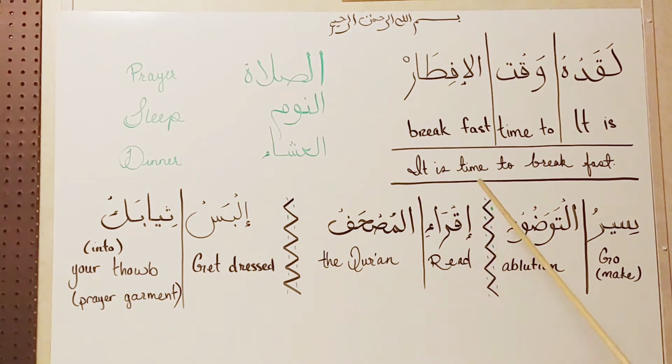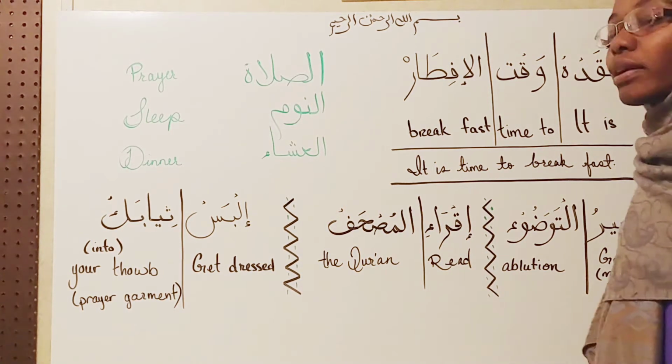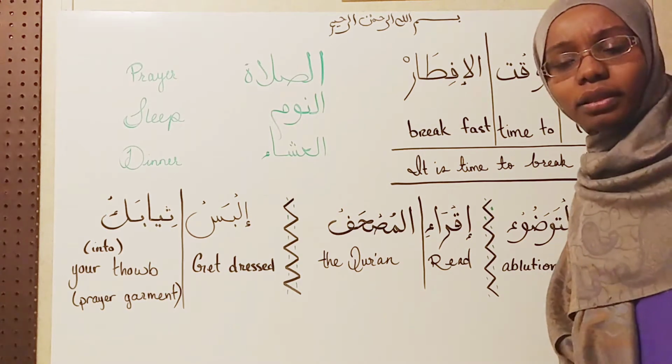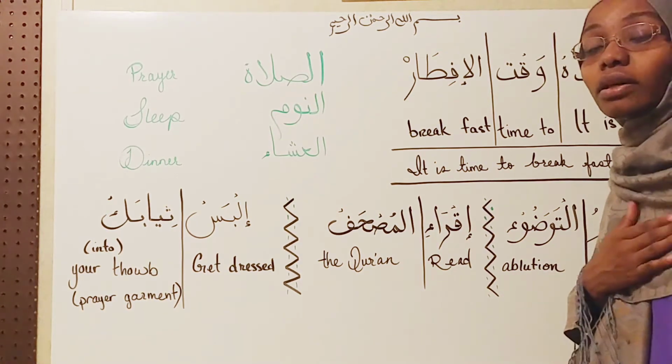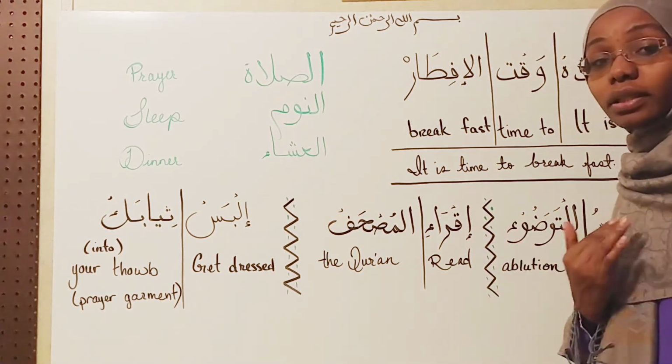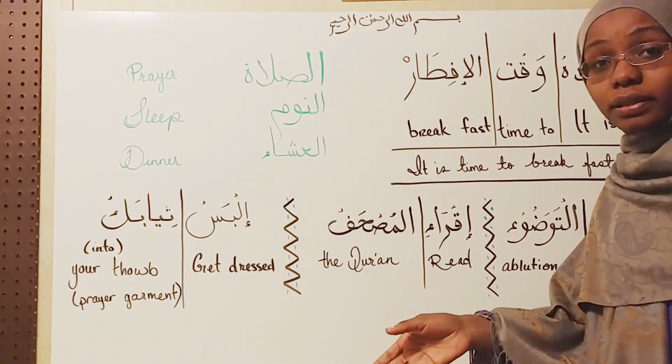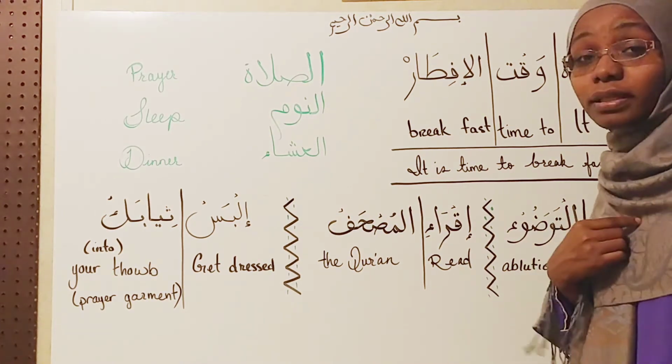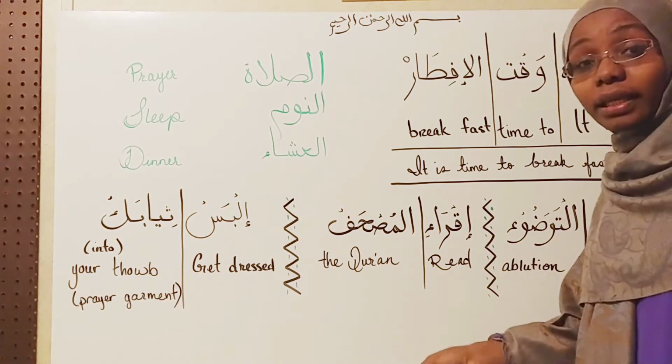Iqra al-Mus'haf. Iqra'i means read. Iqra or Iqra'i. Iqra'i would be to a female. They used to tell us all the time in class, Iqra'i, when they would talk to us, and they would say Iqra to the boys. So when they would talk to the females, my sisters and I, they would always say Iqra'i.